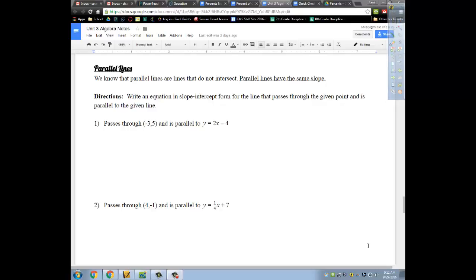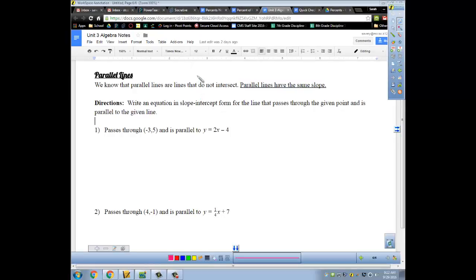Today we're talking about parallel lines and how to write an equation for a line that is parallel to another line. So the most important thing for you to know about parallel lines is they have the same slope. They'll have a different y-intercept, but they will still have the same slope. So we will be given an equation to a line, and we'll need to figure out what the slope is to figure out what's going to be the slope of the new line